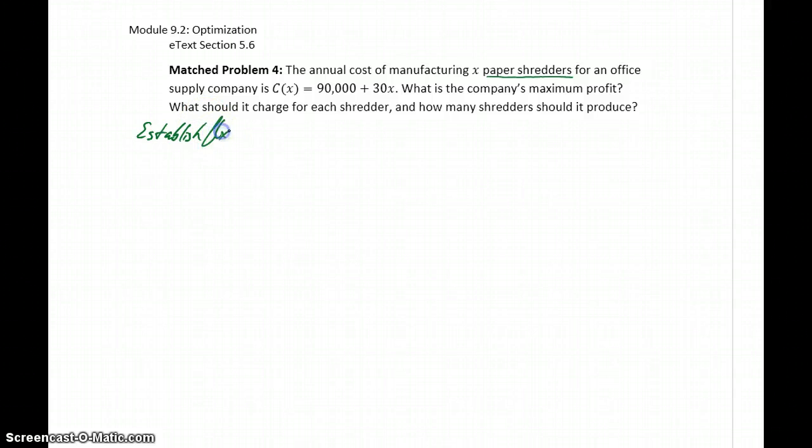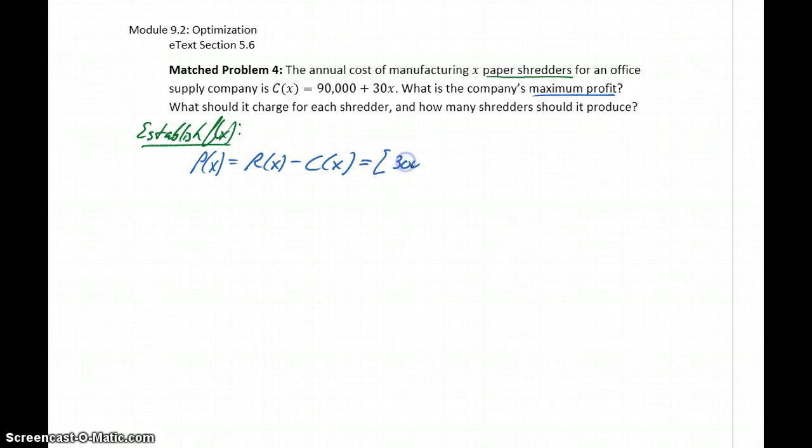So we still want to start this off the same way, by first establishing that function f of x that we're interested in either maximizing or minimizing. In this case, what we're interested in is finding the maximum profit, which can always be calculated as revenue minus cost,